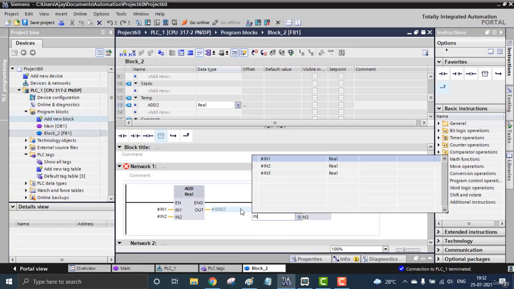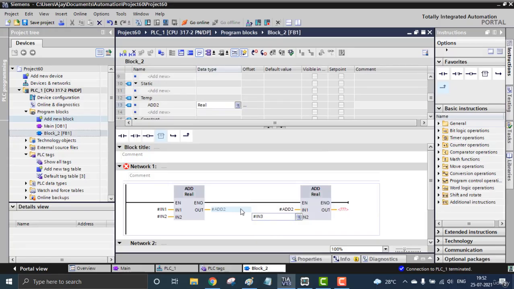The result will be stored in another temporary variable because it's not the final result, I'm just doing the addition. I do have to divide by 3 for getting the average of 3. So that will be another temporary variable, add final, and that's also real. I'm using it as addf.